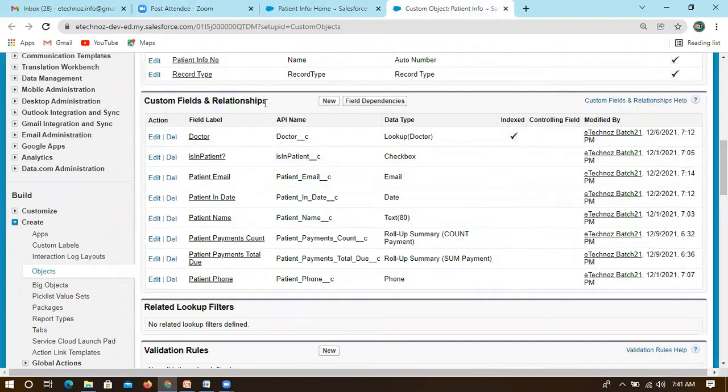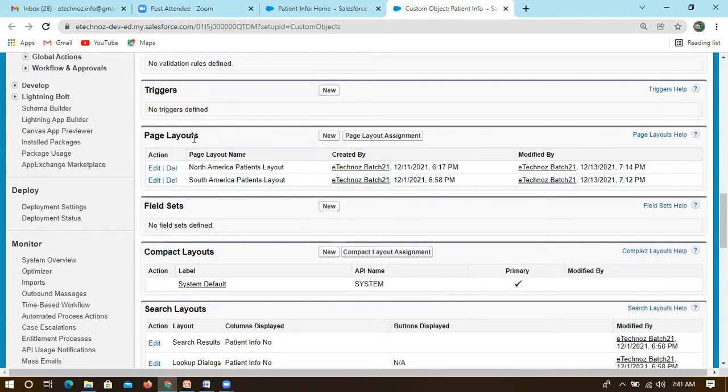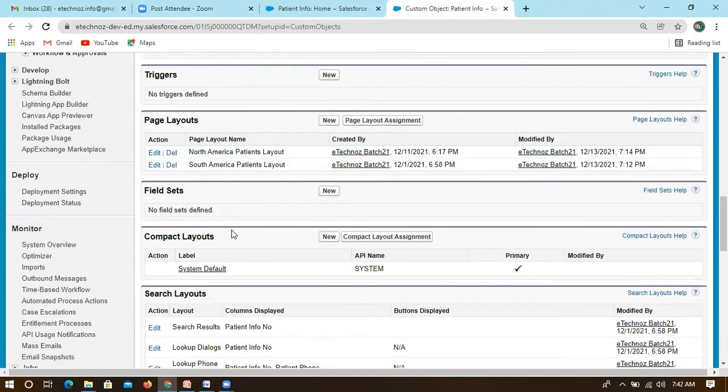We have seen custom fields and relationships, and then we went through page layouts. We created different page layouts and assigned those page layouts to specific profiles, so that only those profiles can see these page layouts. First we need to create a new page layout, and that page layout should be assigned to that profile, then only they will be able to see it.